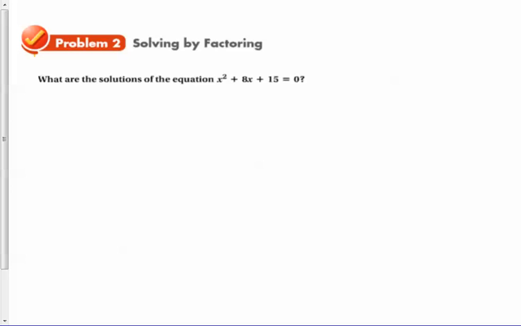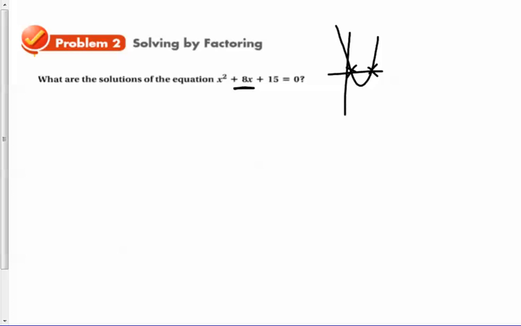Another thing you can do to solve quadratics, besides solving it by graphing or by square root, is factoring. Square root only works when you don't have a b term. Here you have x² + 8x + 15 = 0. This guy right here is throwing a curveball in what we're trying to do. Essentially, we do know that this thing opens up and that it crosses at 15, so it could have two x-intercepts, and we could find them by graphing, but